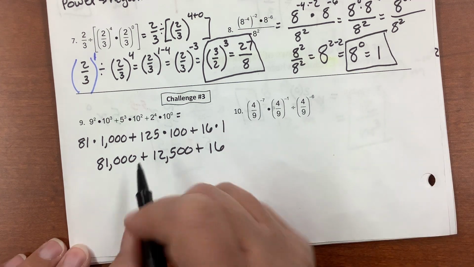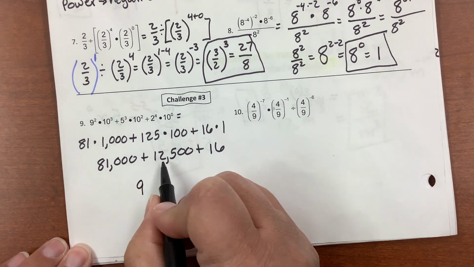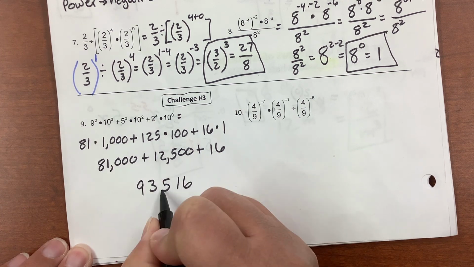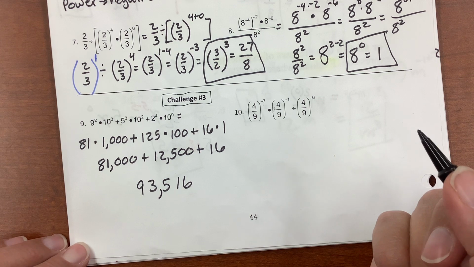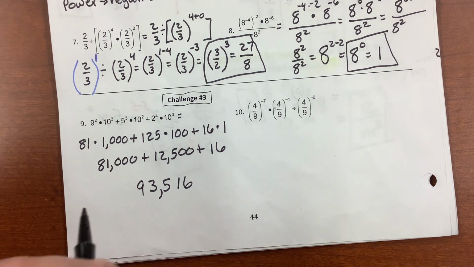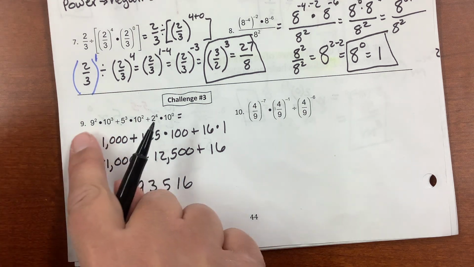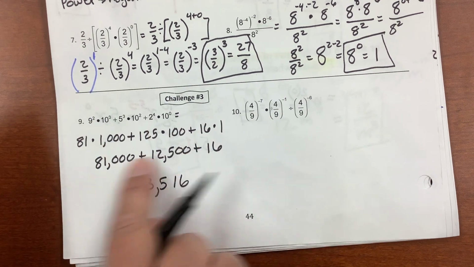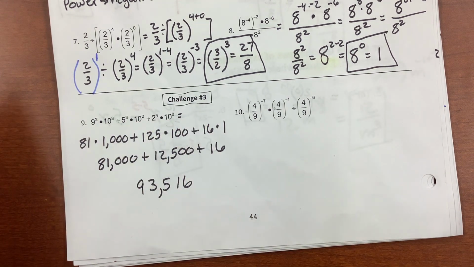Let's see. 8 plus 1 is 9. 1 plus 2 is 3. 5, 1, 6. 93,516. Yeah, I added it the wrong way. But I'm going to check myself on the calculator because I want to see if I did it right. And I'm going to go back to the original equation when I put it in. I'm going right back up here to do